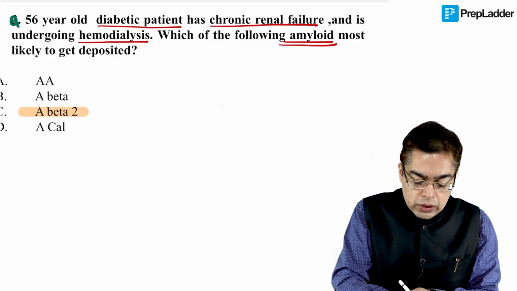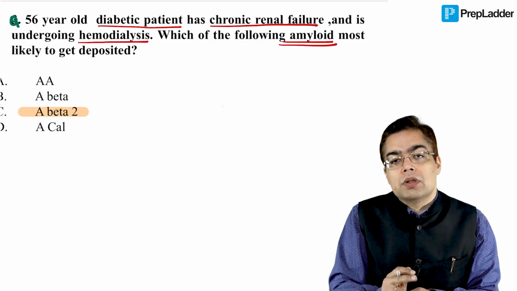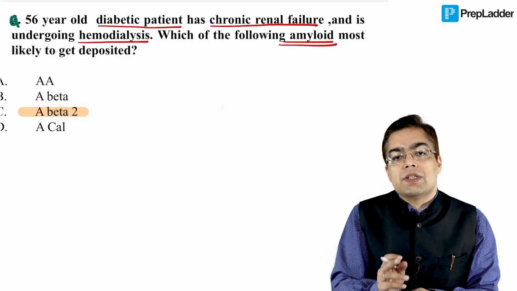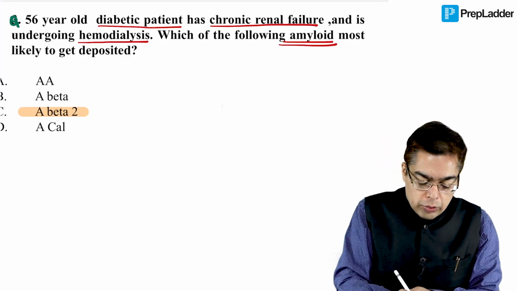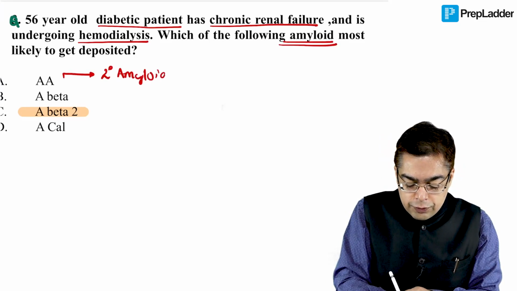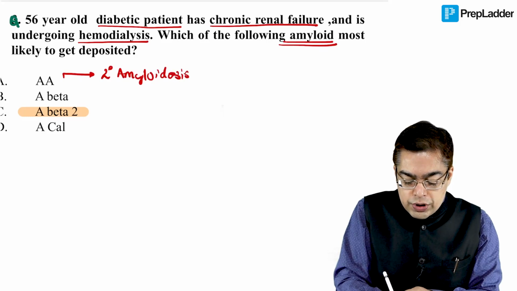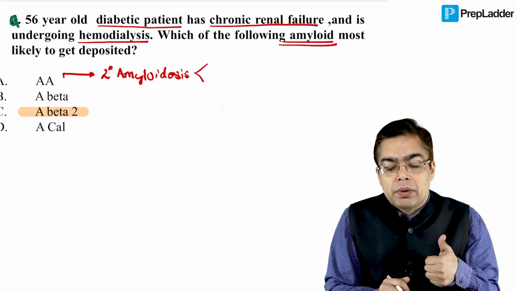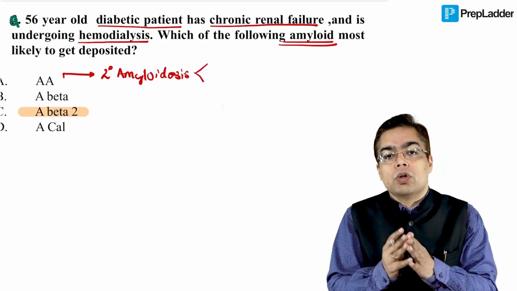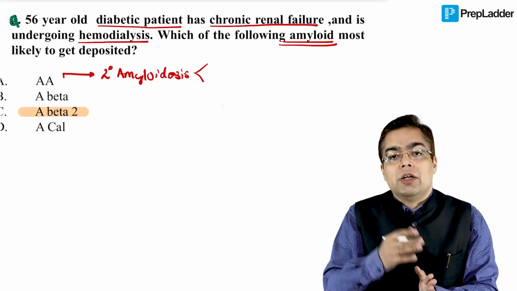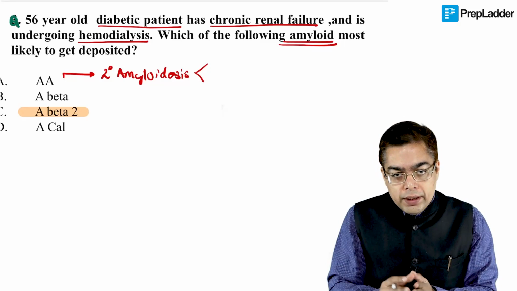Let us also recall and talk about the other important options, because amyloidosis is a very, very high-yield topic so far as the screening exam is concerned. When you talk about option A over here, you are going to be associating this with secondary amyloidosis, a condition that you associate with two important risk factors. One can be, yes, all of you can remember that, chronic inflammatory conditions or chronic infection, and the second can be certain cancers like Hodgkin's and kidney cancer, right?